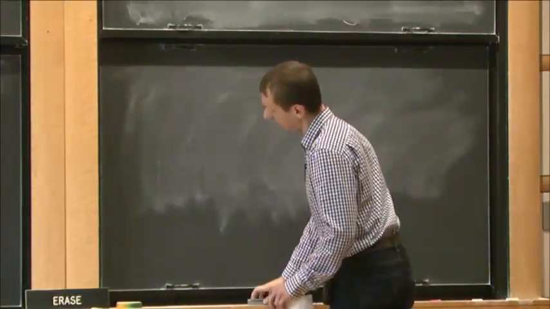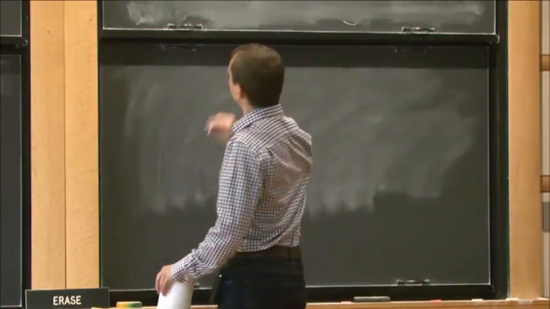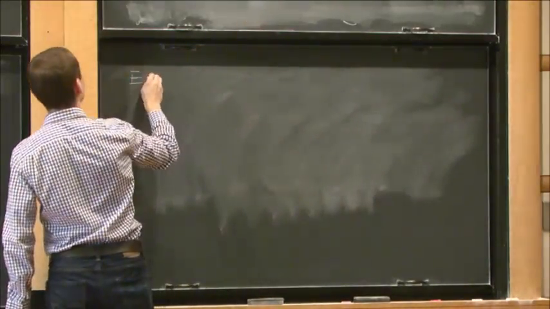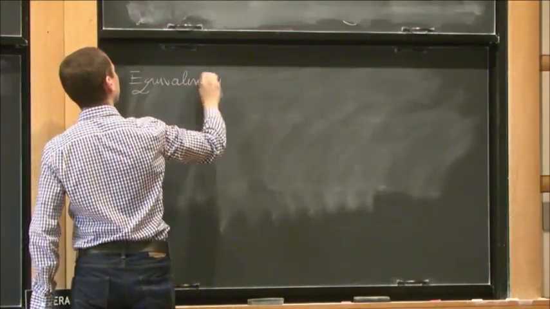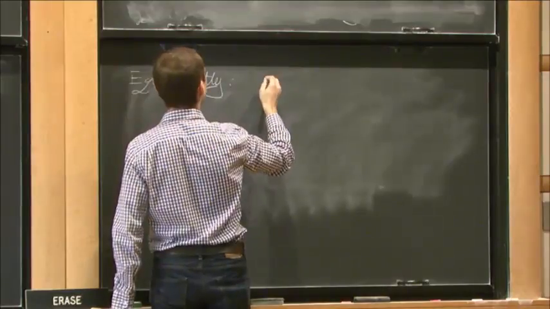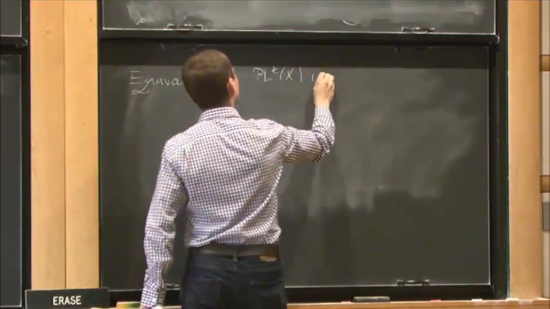Okay, so we have this definition with vector bundles. There is another definition which is more geometric. So equivalently, this is generated